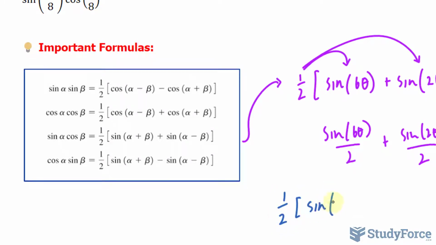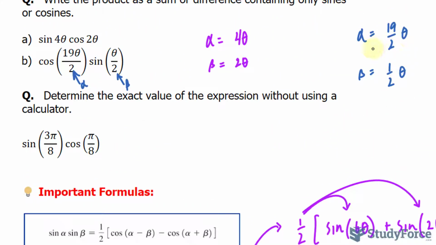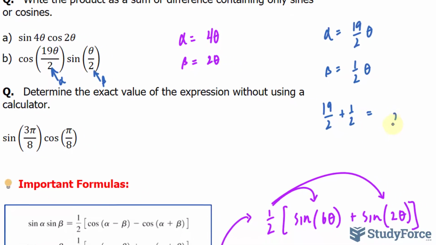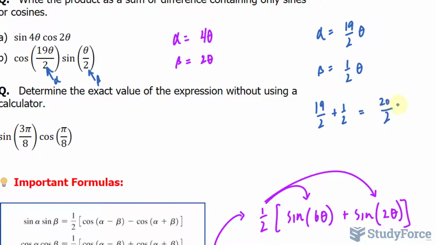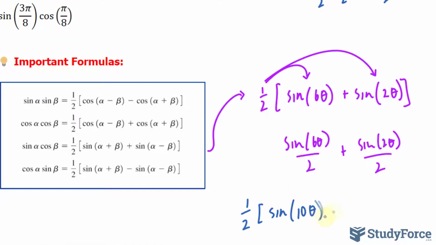So sine alpha plus beta, we add these two up. So adding fractions, 19 over 2 plus half. They both share the denominator 2, so we can combine the top. 20 over 2 is 10. So I have 10 theta minus